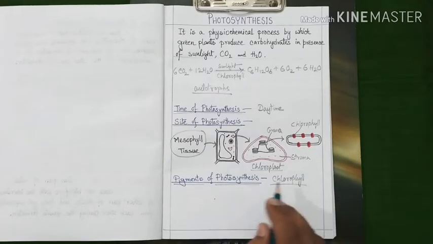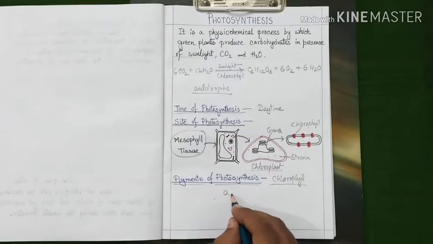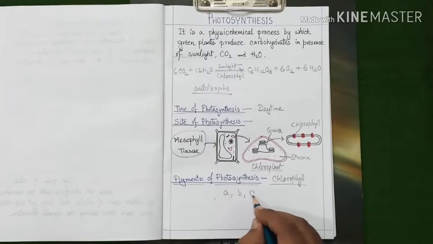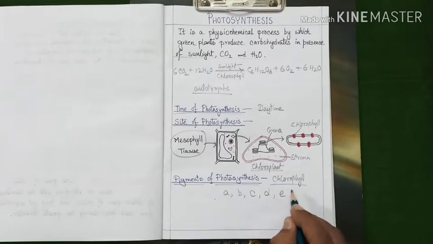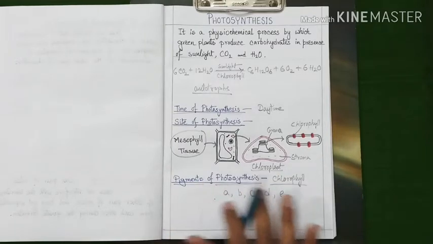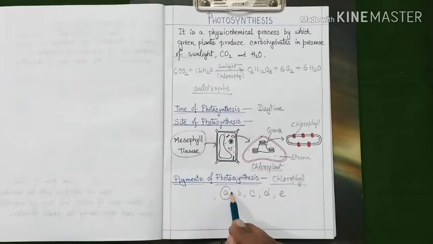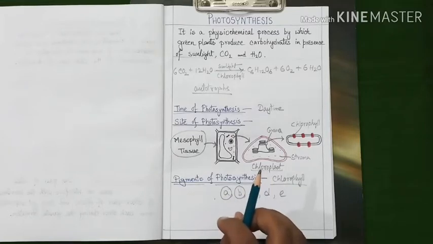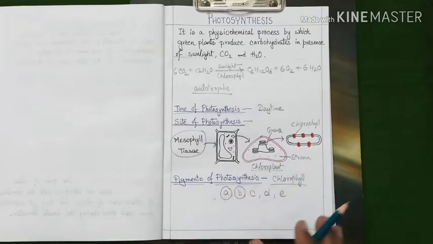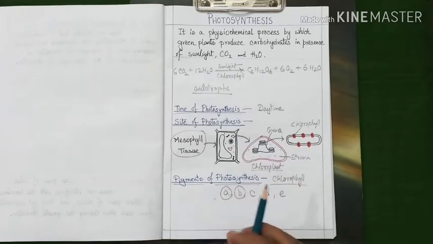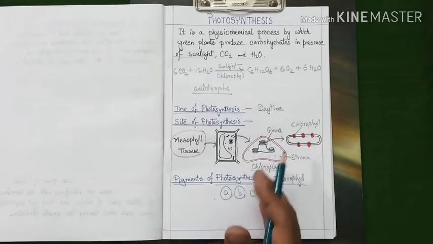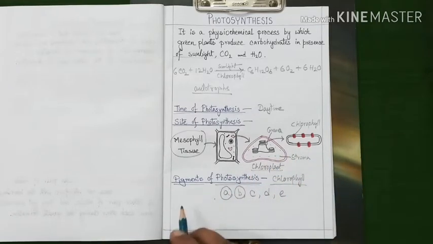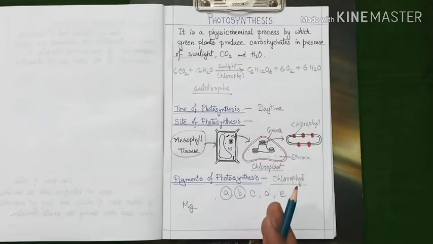Chlorophyll molecules are of several different types: chlorophyll A, chlorophyll B, C, D and chlorophyll E. But among these 5 types, chlorophyll A and chlorophyll B are prevalently found in all green plants. Chlorophyll molecules are generally magnesium containing pigments, so you may find the presence of magnesium ion in the chlorophyll molecules, like that of iron present in the